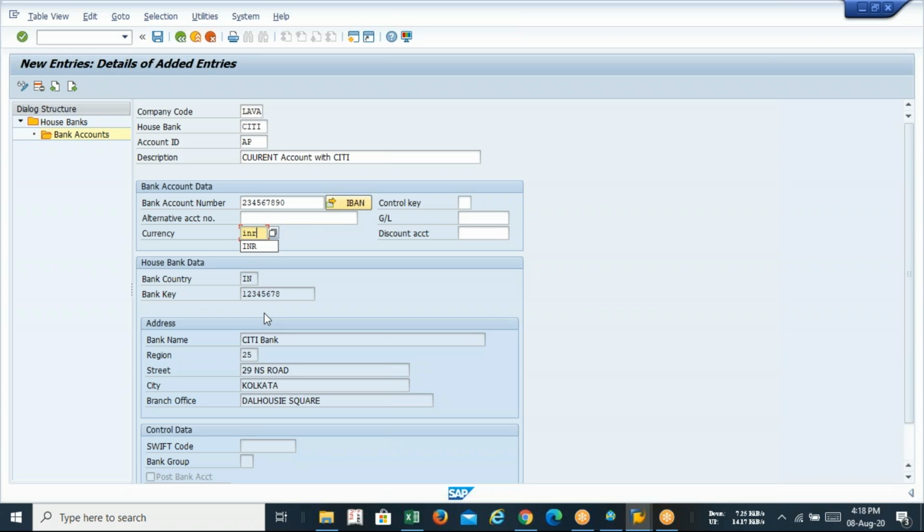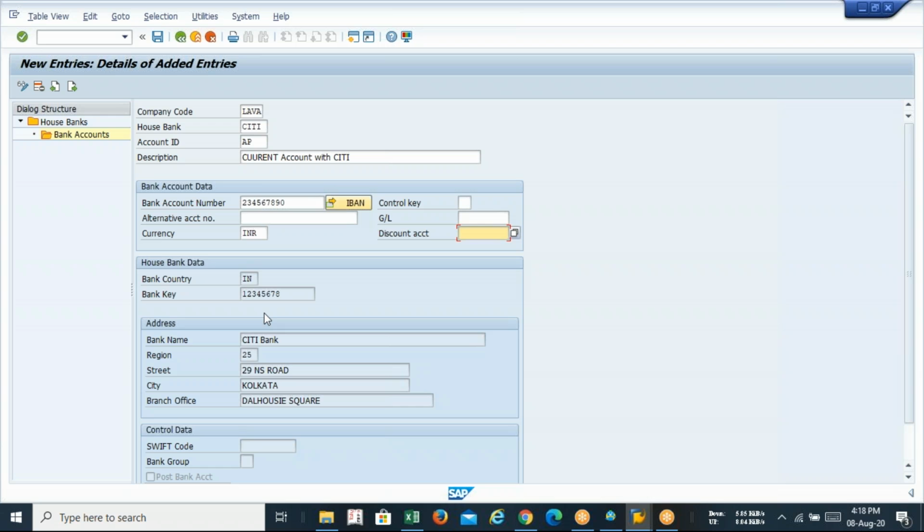Now remember one thing. At the time of creation of the house bank, later on you have to create 3 GLs. I told you several times that we have to create at least 2 GLs for our bank, but please rectify that lecture and always remember: at the time of creation of the house bank in SAP FI, we need to create 3 GLs. One is incoming payment, another is outgoing payment, and the third one is the main account.